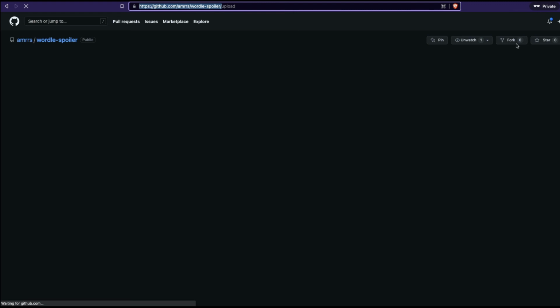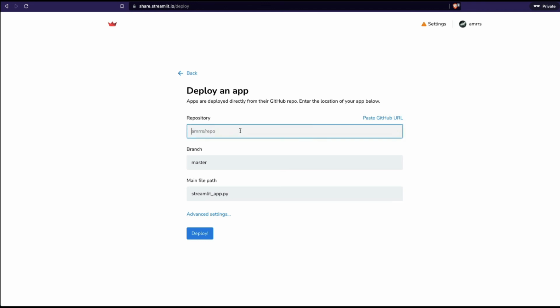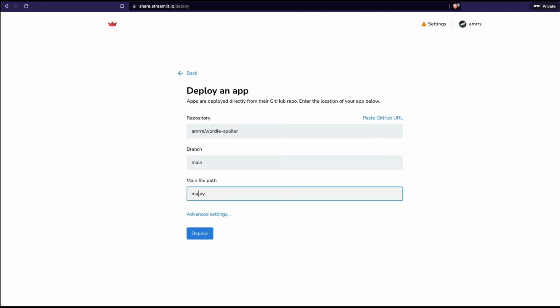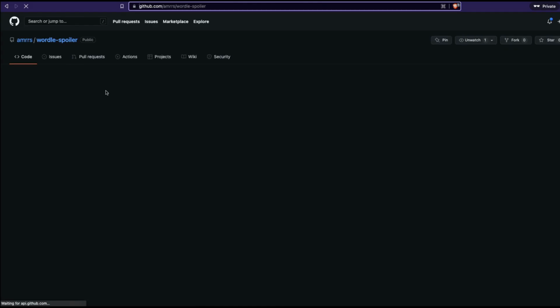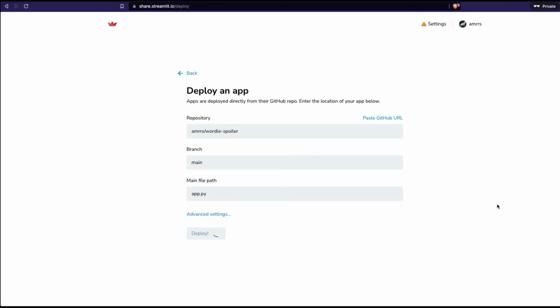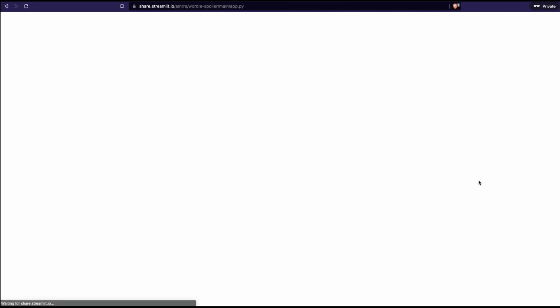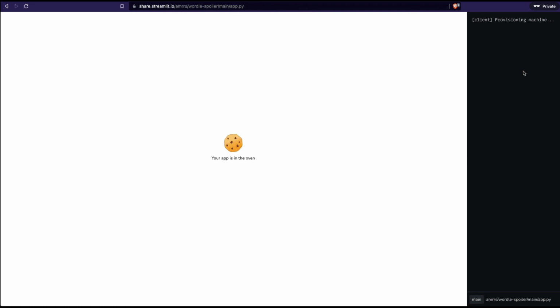Copy the URL and go to your Streamlit Cloud, and then you click new app, paste the repository URL, and after you do that, it shows the file is in main and it's looking for app.py. You can change the name there, and then you click deploy. Before that, just check here if the file is available. I think it's available, so I'm going to click deploy, and then you would see that it would take a couple of seconds for it to provision a machine for you, and then it would go through a bunch of steps installing the packages that you have used, and then we would actually see the app.